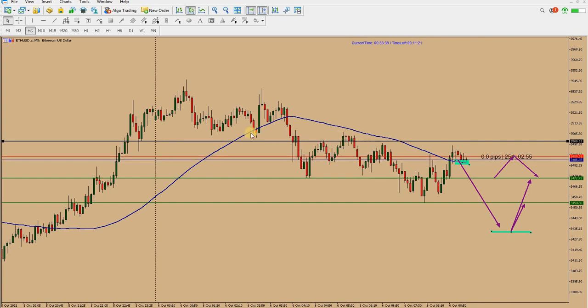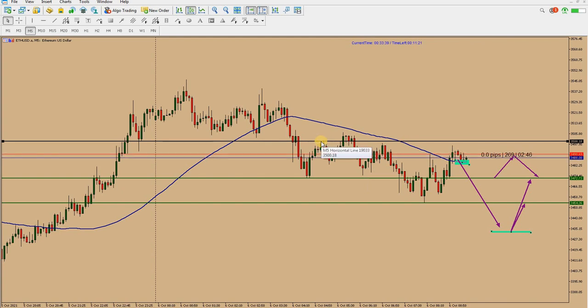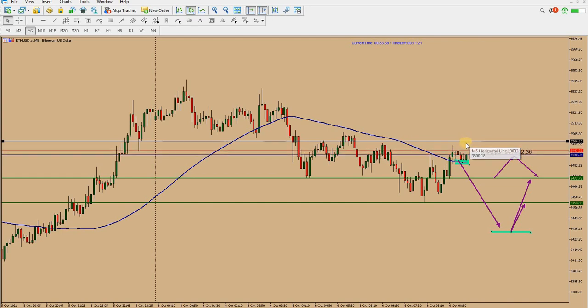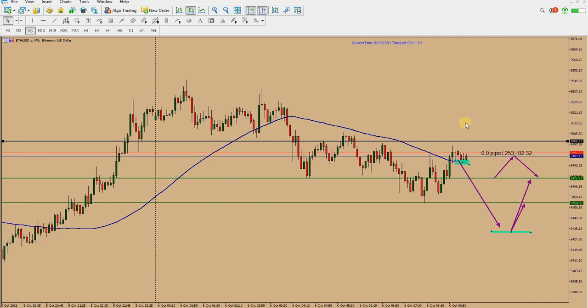I could choose this one. I could choose any other resistance. But that resistance actually merged with that pattern in the past. So I choose to trade this. I'm waiting for the market to come and touch there, and then I wait for the indicator to tell us to sell. If the indicator does not say to sell, I would not sell it, and